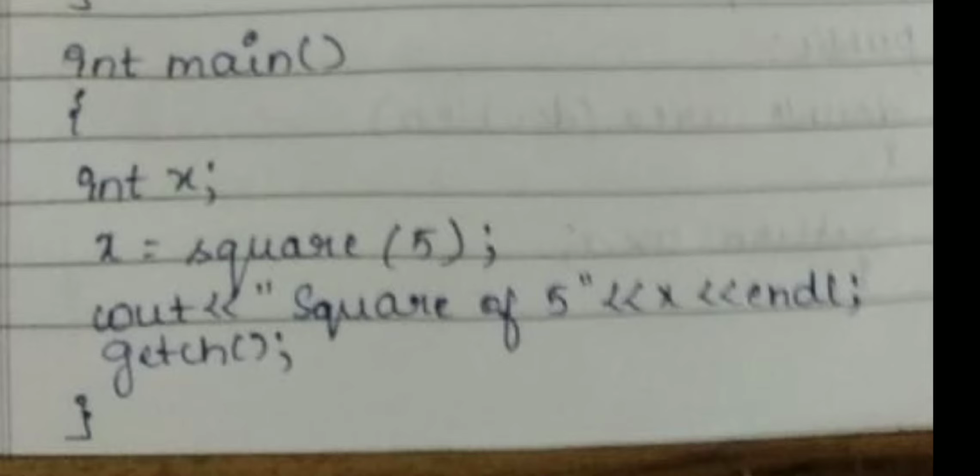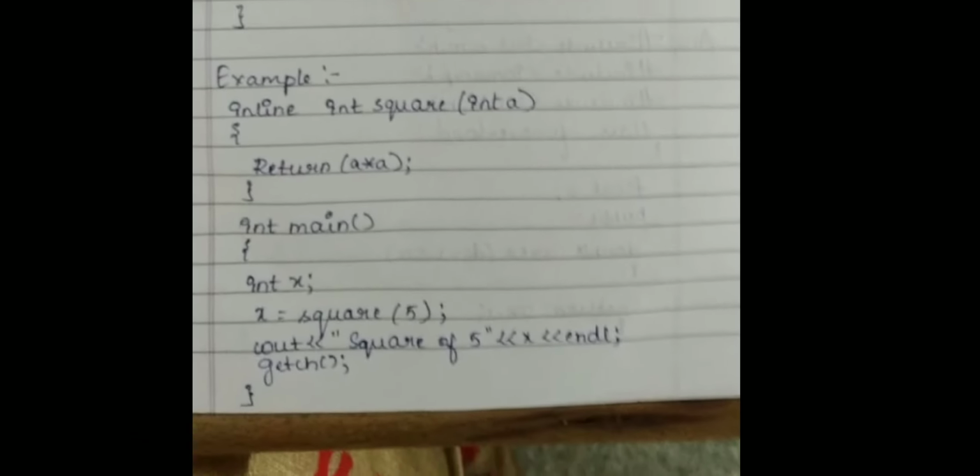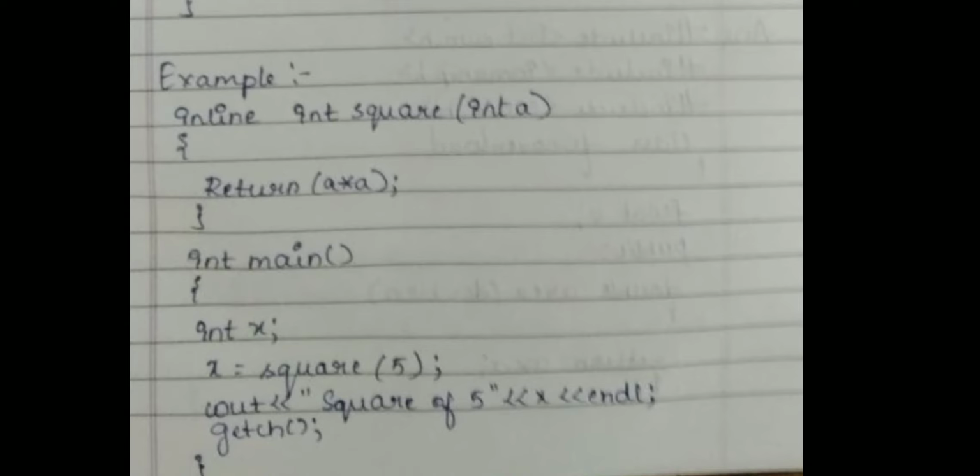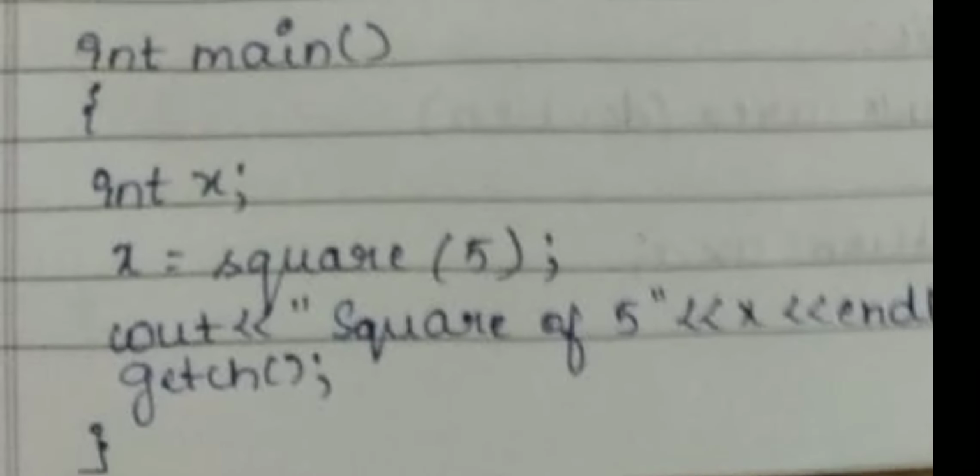After that you can see the body of the function. First we are creating a memory location called x. Now square of 5, forget about x on the left hand side. Square is a function name. Now look here, a function call with the body of the function. Observe, there are two functions. First one is inline int square of a. Second function is int main. In int main, there is a function called square. So the main function is calling the square function. So control will go from the second function; listen carefully, it is very easy.